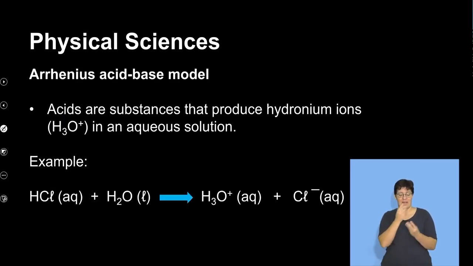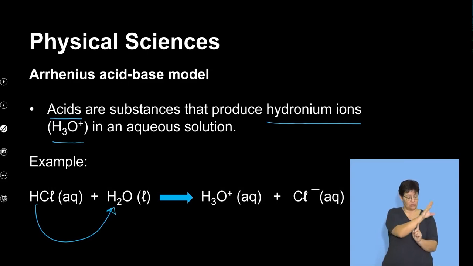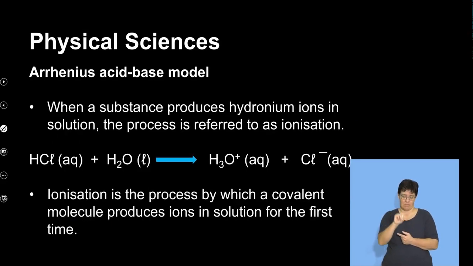And also, we're saying that acids are substances that produce hydronium ions. So the formula for the hydronium ion is H3O+. This suggests that, if you come to think of it, hydrochloric acid is an acid, as the name suggests. So the hydrogen atom in the acid bonds with the water molecule to give us the hydronium ion, okay? So this acid, which is hydrochloric acid, is a substance that actually produces a hydronium ion. So this reaction details how these hydronium ions are formed.